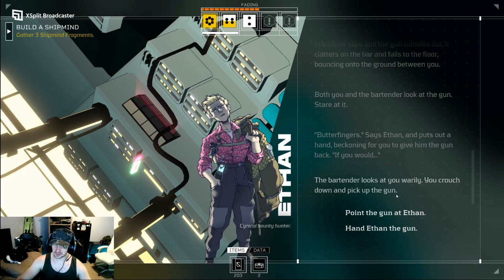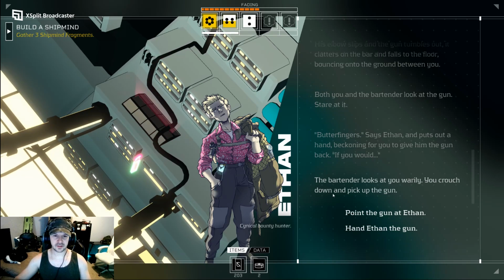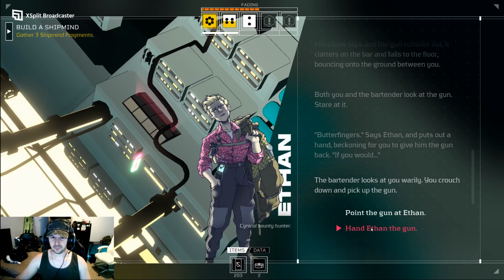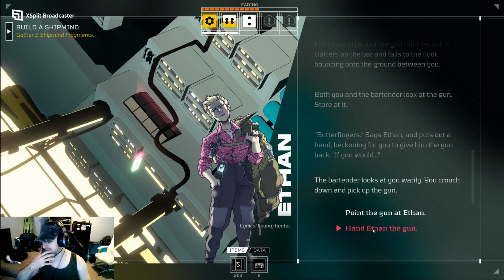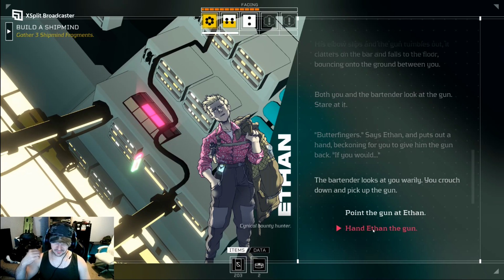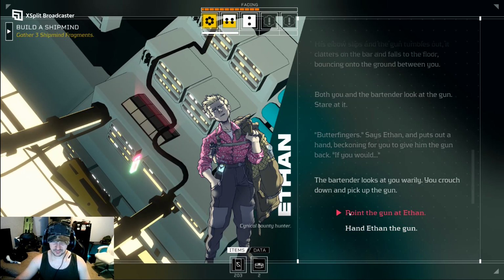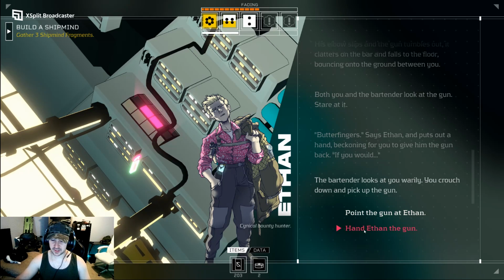Crouch down and pick up the gun. I bet I might be able to just... See, I'm wondering if I hand it back to him, if I can gain favor with him, or if I should just point it at him. My guy's not the best at physical confrontation, so...